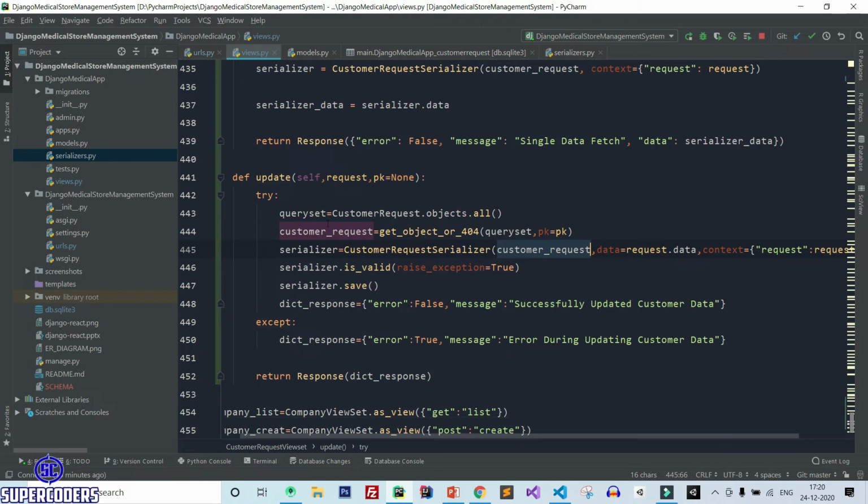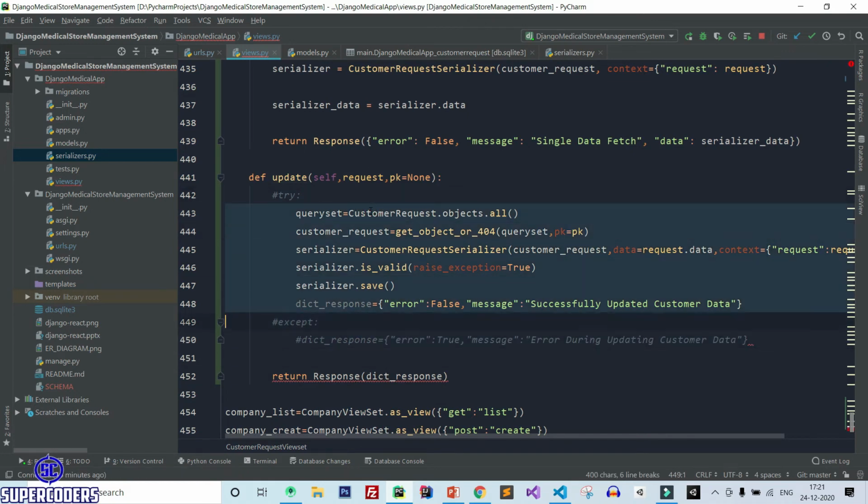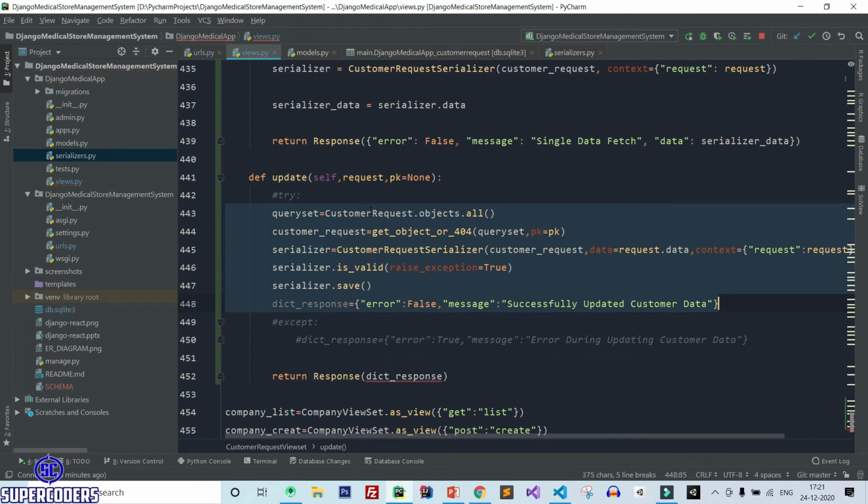So let's do one more thing, remove this try except block, comment this also, change it, save it, back to Chrome,